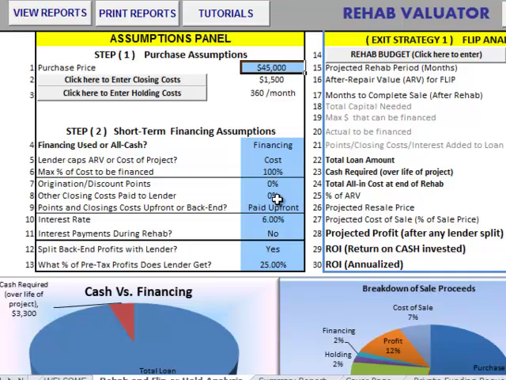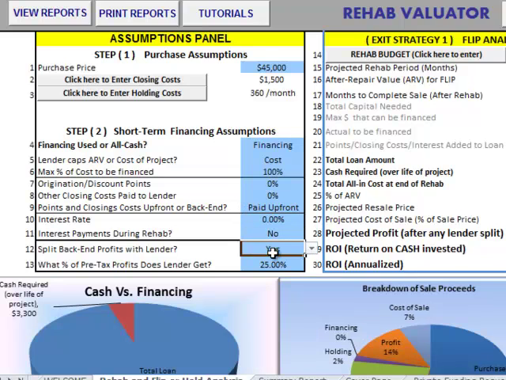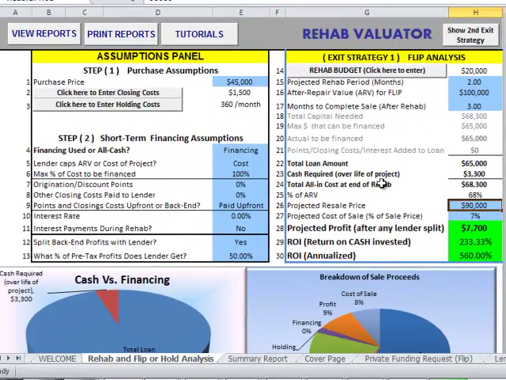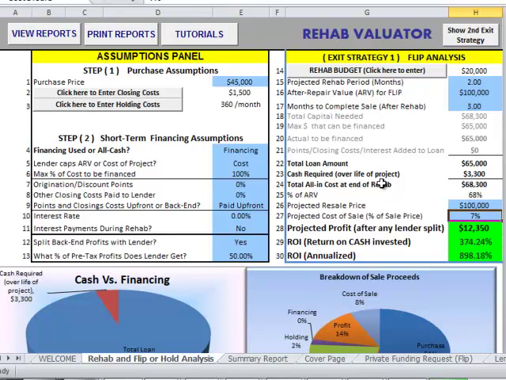You could go just a pure equity route, meaning they put up the money for you to do the deal, and you guys both own the deal. You're not paying them interest rate on this money, and you're going to split the profits 50-50. Right? So here we're going to say 50%, and we're going to bump up the sales price back to $100,000. So now, with the equity only route and splitting profits 50-50 with them,